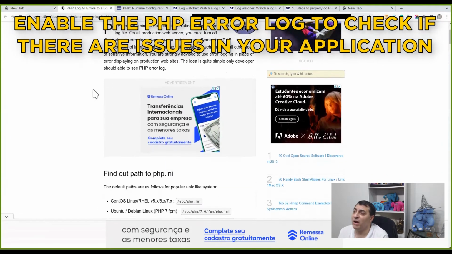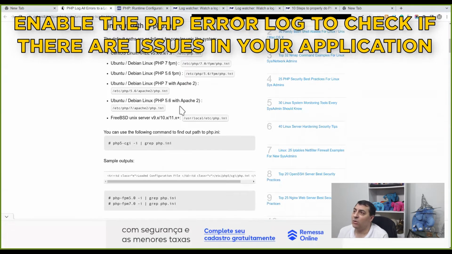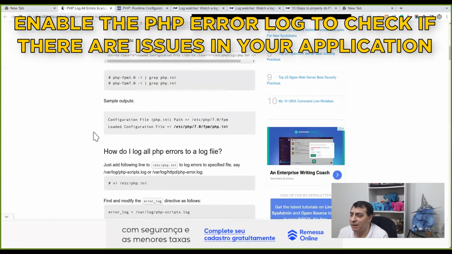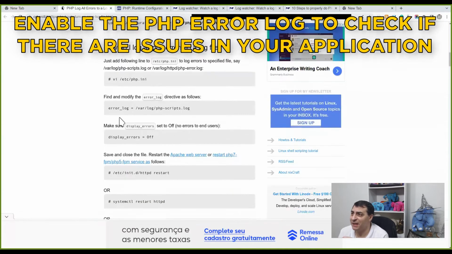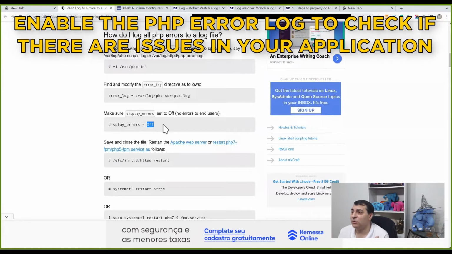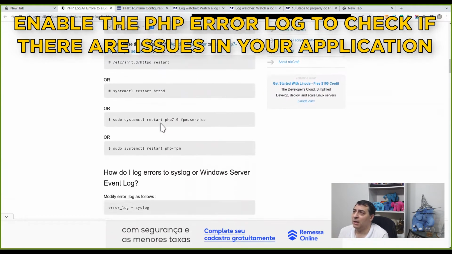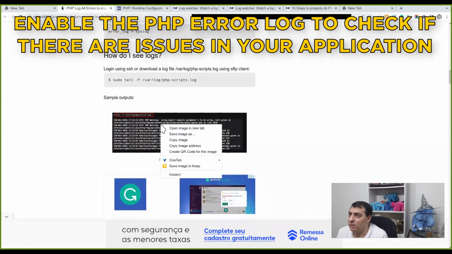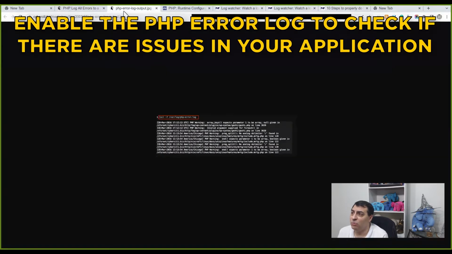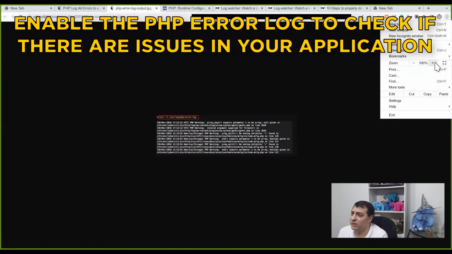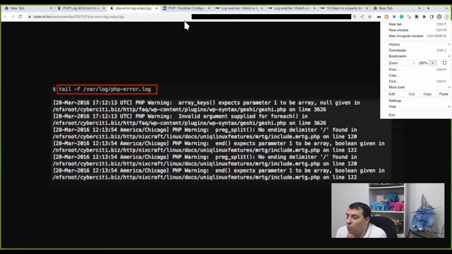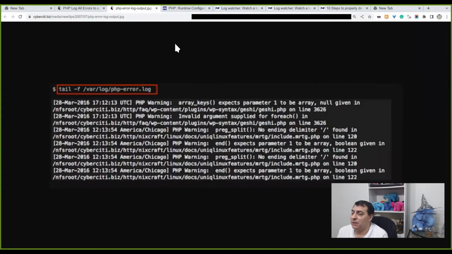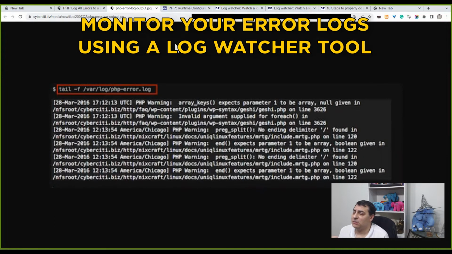I suggest that you have the PHP error log enabled so you can check if there are issues in PHP that are affecting your application. And you also need to monitor those logs, the activity logs and the error logs. The error logs are more important because they reflect things that are not working correctly, and you need to fix those first. Okay, so what I suggest to monitor your logs could be any tool, but I have my own